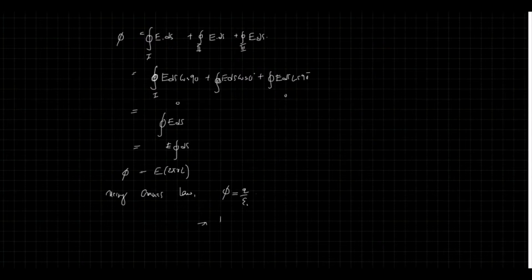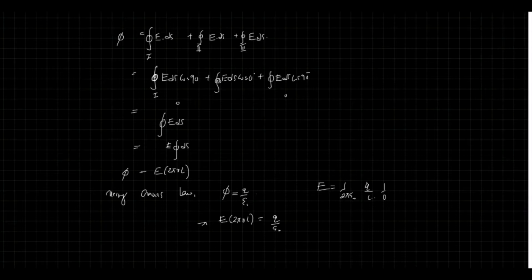Now E into 2 pi R L gives me Q by epsilon naught. Therefore, using this I can say the electric field would be 1 by 2 pi epsilon naught, Q by L,